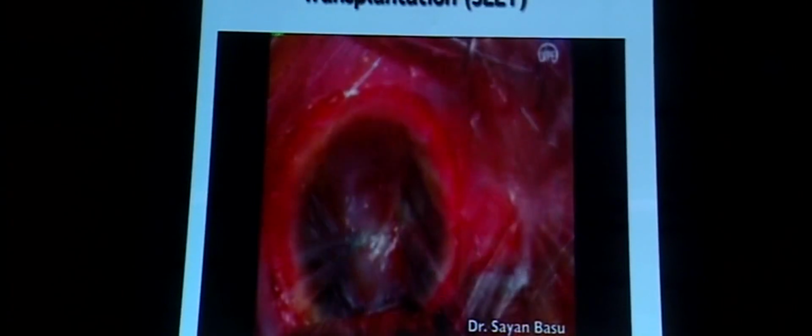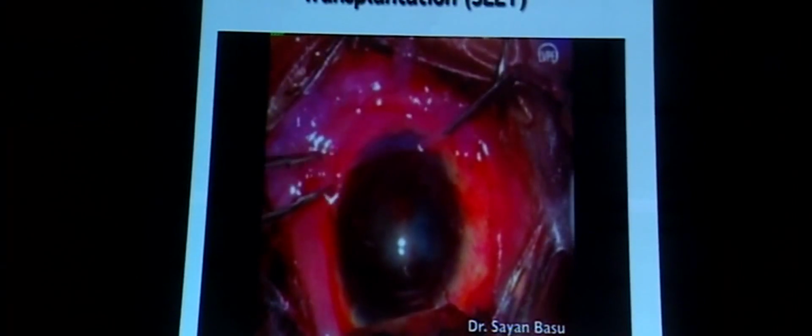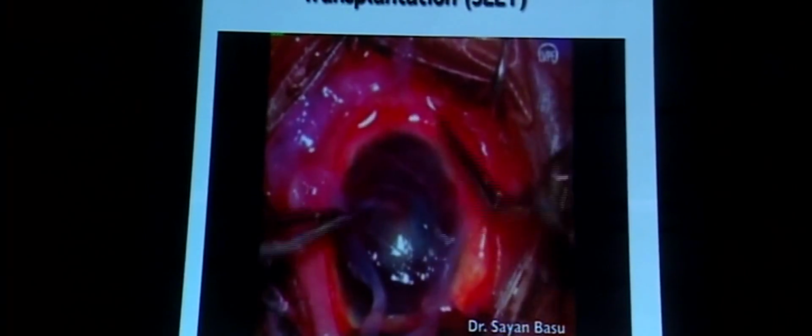In SLET, it's a single-step procedure. Actually, the eye acts as the lab for the transplant. The first step here is to remove the pannus, then harvest the limbus from the other eye, fix the amniotic membrane first, glue it nicely,